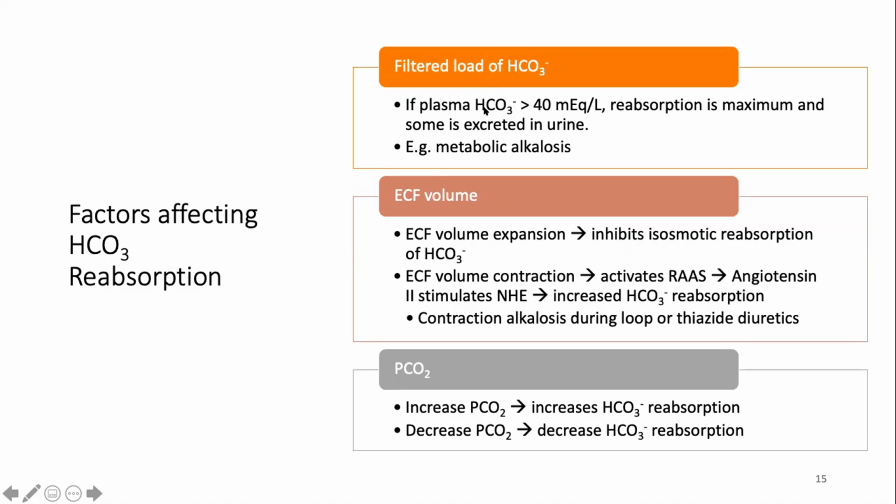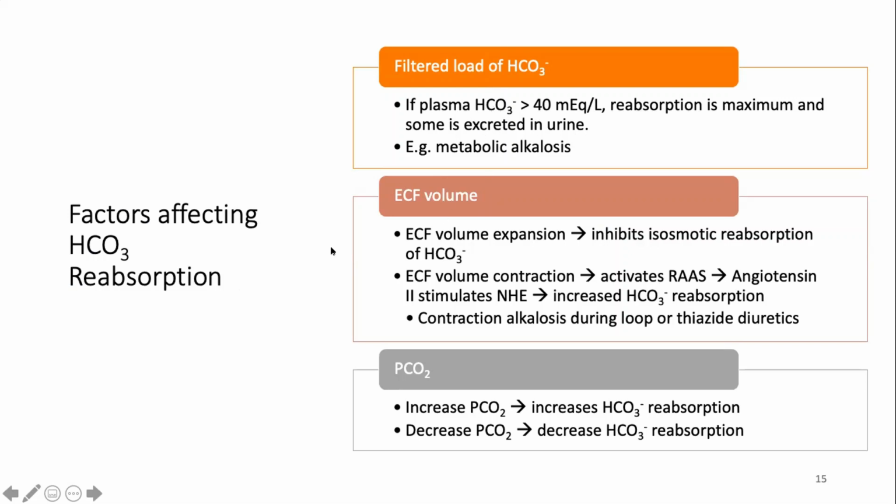So if your plasma bicarbonate reaches 40 millimole per liter, that is when the reabsorption is maximum. If the bicarb goes beyond 40, then some of them will not be reabsorbed and some will be excreted